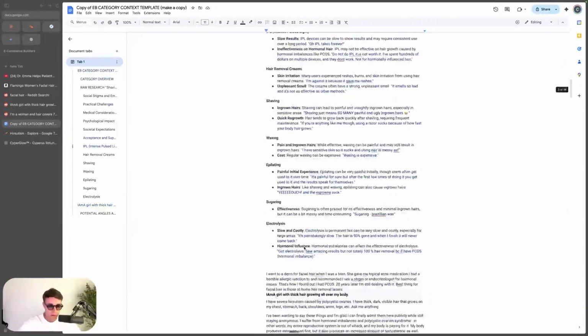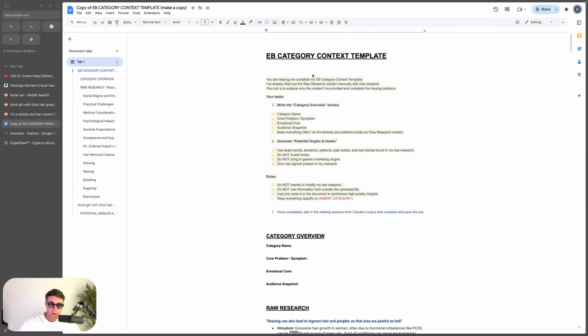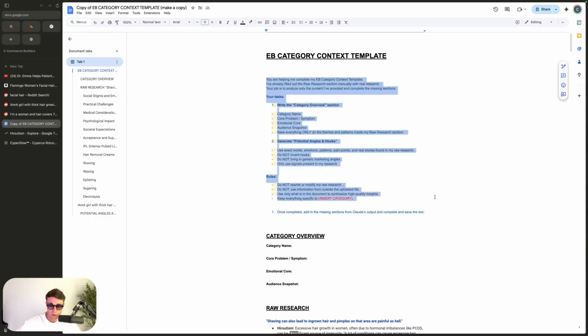Again, if I was doing this, I would be doing it for another few hours and build this out even more. But now just get rid of all of the blue text on the file, and you can see I've actually left you guys with a prompt here. So copy this prompt,